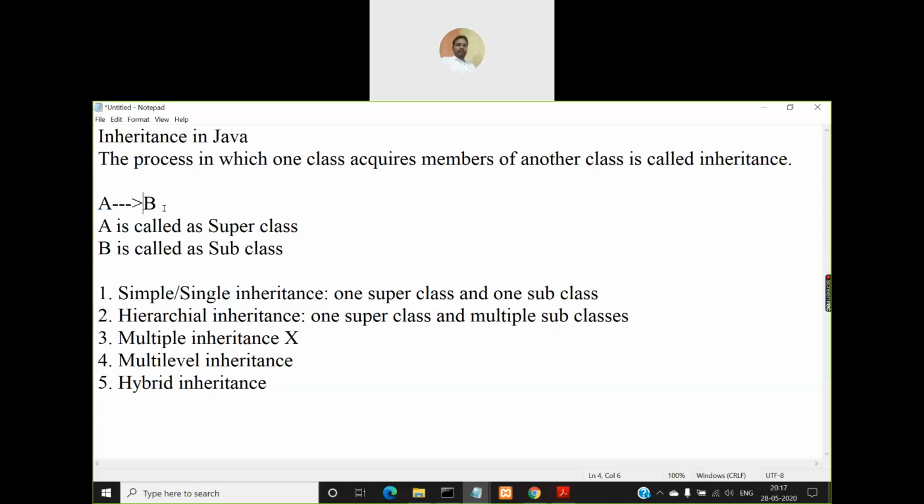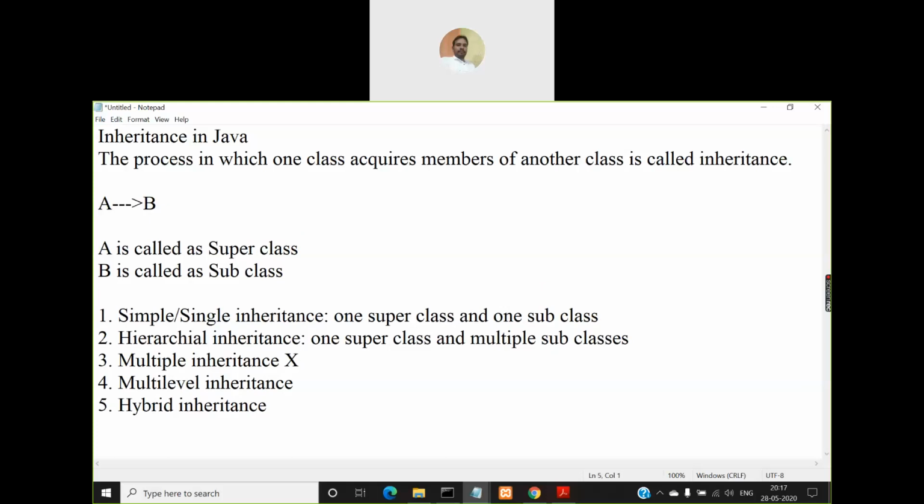But if you want to implement hierarchical inheritance, then you can create another subclass for A. So I can have another subclass like C here. So C also will acquire members of class A. Just like B acquired all the members of class A, C also can acquire members of class A. So now how many superclasses are there? A is the only superclass.